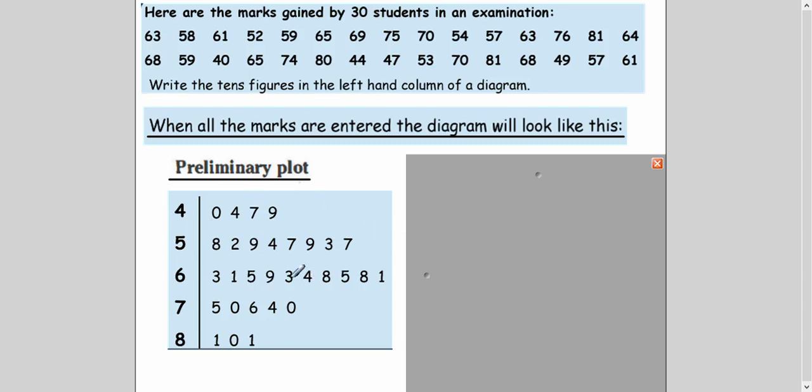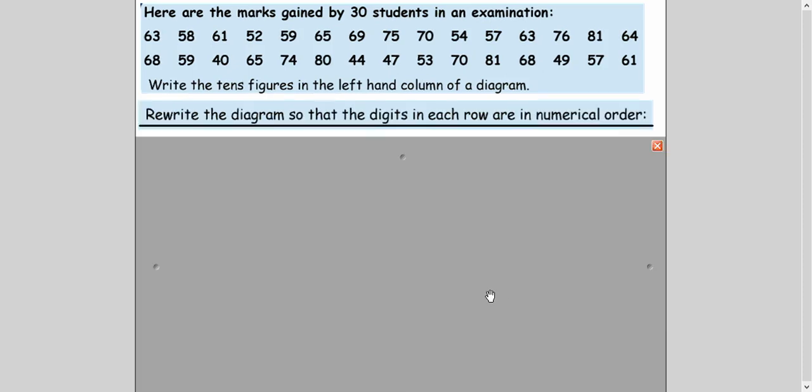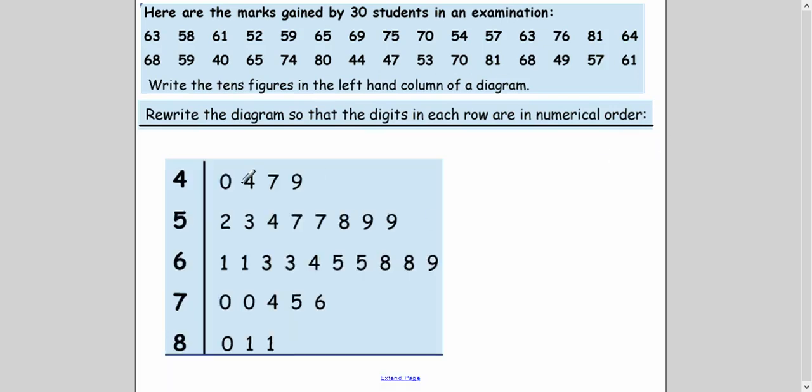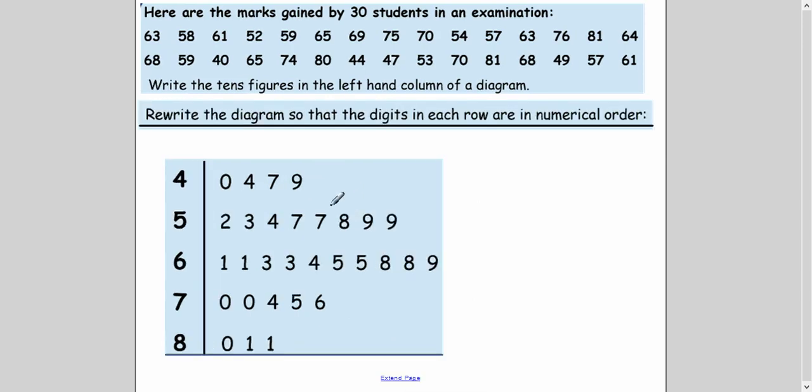So after writing the data into this preliminary form, you can write down your final form here, right? Okay, so your final form will look like this. Now, one thing, remember, it is not necessary that you make the preliminary plot first. This is not the requirement of the exam. If you can handle writing it down directly into this form, well and good, choice is yours, right? So that stage is not compulsory.